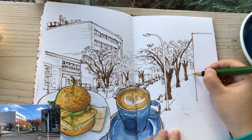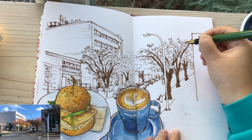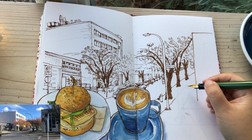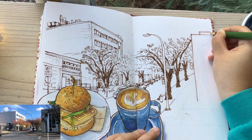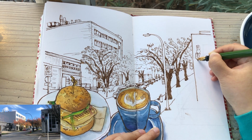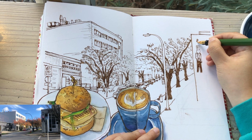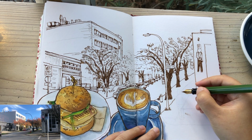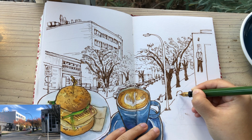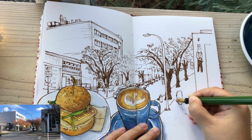Okay, so I think I'm pretty much ready to add some human figures walking on the street. A few more details for these trees, canopies. There's a frame there on the roof there. This one is like a tin soldier attached to the outside of this building here. Window frame. And I'm seeing a lady walking across the street, starting with the shape of her hair, the hood,